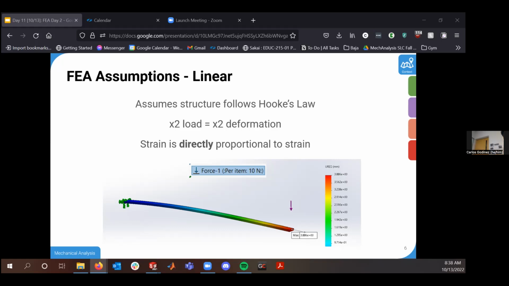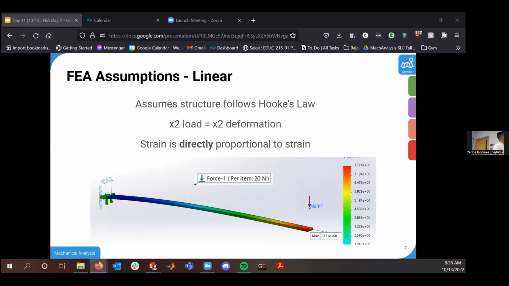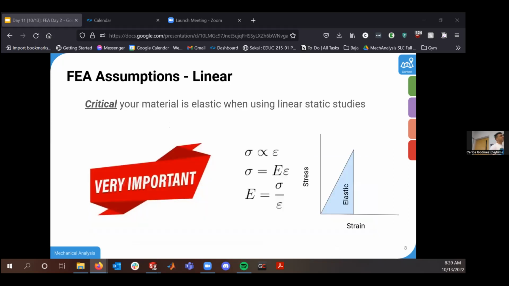So for this first slide right here, and as Daniel pointed out, stress is directly proportional to strain as related by Hooke's law. For this first one, we had 10 newtons, and it's a little hard to read, a little crunchy, but we have about 3.8 millimeters of deflection. If I go to my next slide, I'm now doubling that to 20 newtons, and I get just under 8 millimeters. There's going to be some rounding errors there, but it is a completely linear relationship. That's one of the big assumptions when we're doing linear static analysis. The second assumption is